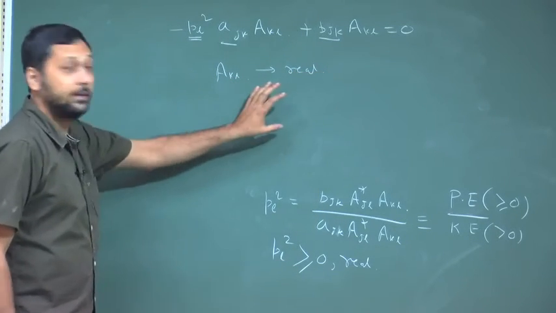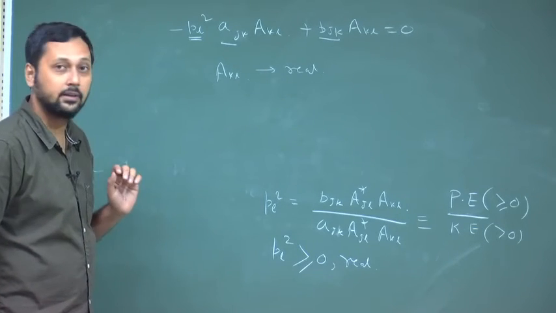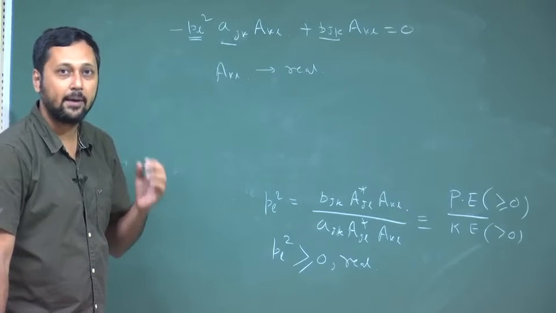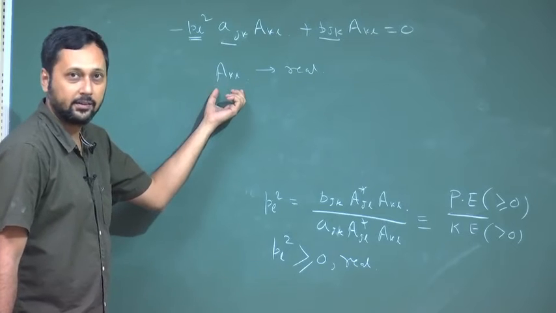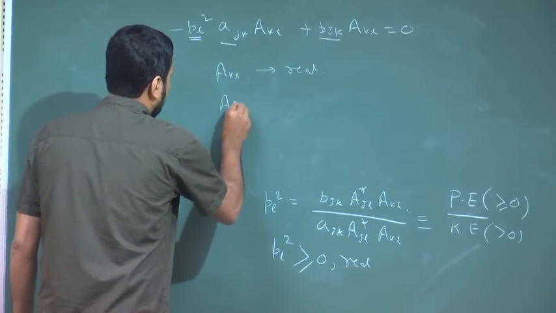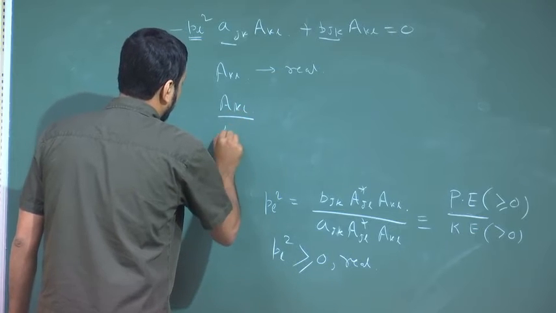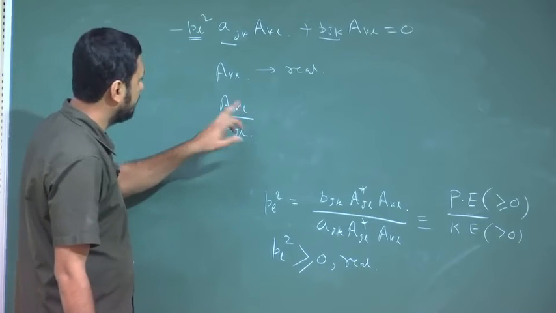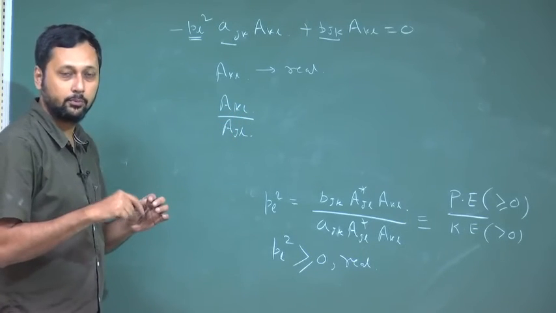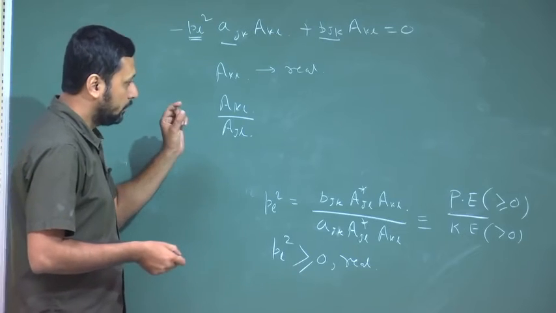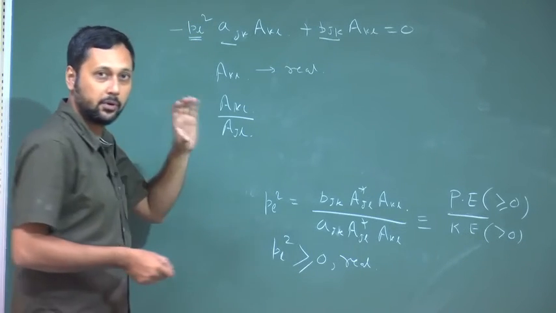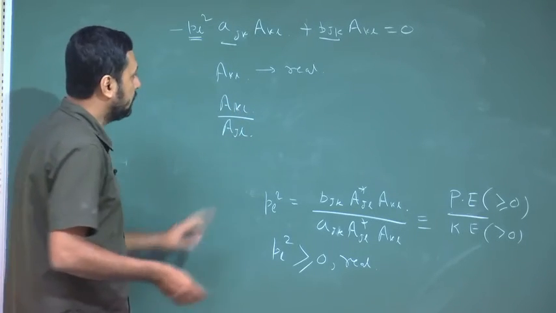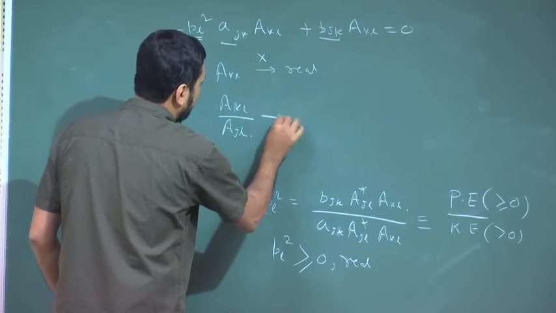But this might be a little too much, because sometimes what happens when we are solving eigenvalue equations, we do not find the absolute value of the amplitude matrices, but sometimes we get them in the form of ratios for a given eigenvalue. So, what we do is we put one particular eigenvalue back. Sorry, we get the differential equation for one particular eigenvalue, and we have to solve for the ratios. Okay. So, we can at least state, if this is not totally true,